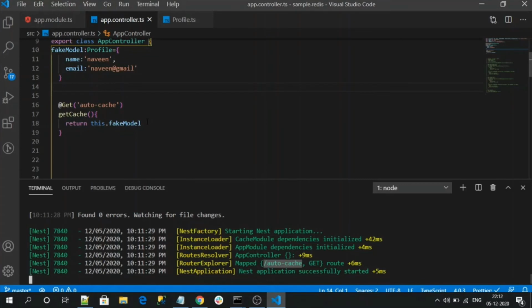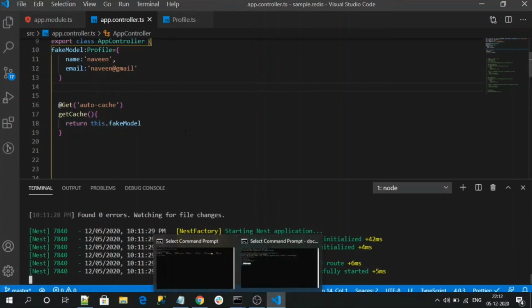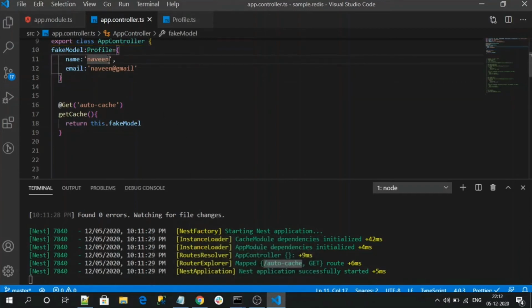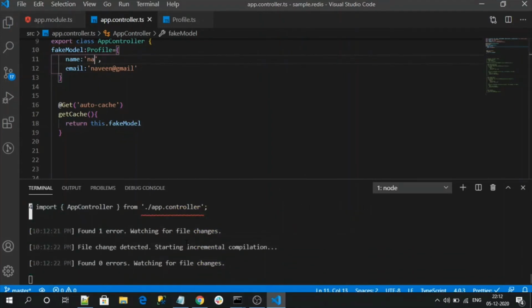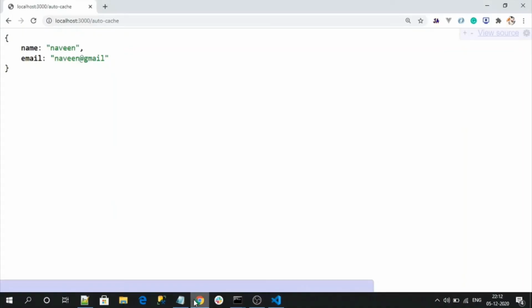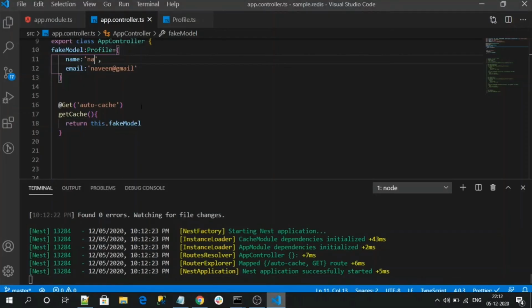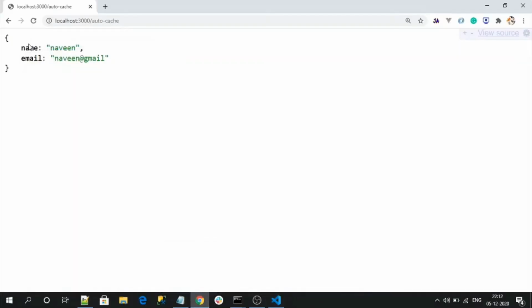What we can do is check by changing this value. See, I changed my name to NA, and now I am refreshing the page. See, I am still getting Naveen, but in my code the data is NA, it is updated, but here it is not updated. This shows that it is loading from the Redis cache only, but it was stored by the application's auto cache.